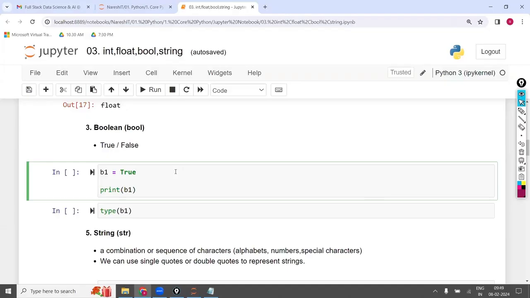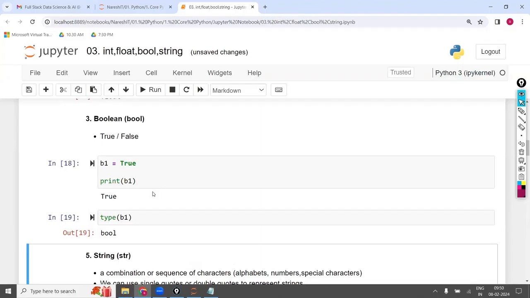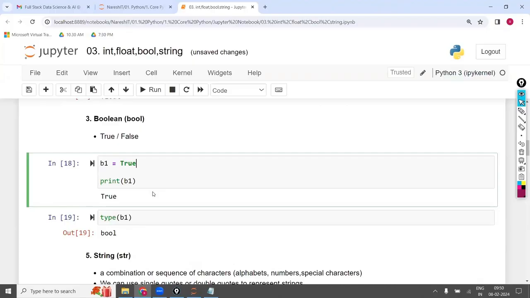Right? Now, coming to this, if the value is either true or false, then in that case it is called the Boolean data type. Here, the value means the right side. Whatever I have on the right side is called the value. So here, B1 is equal to true. Since it is non-numerical data, it comes under true or false. So this comes under the Boolean data type, bool. The shortcut is bool. Either true or false, even false also.